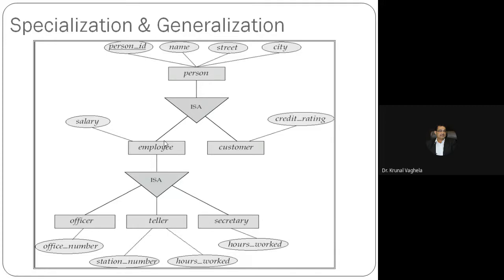Like here in our university: person, student, staff, also professor, lab assistant, non-teaching staff, professor also, assistant professor, associate professor, professor. When you go from top to bottom, you are specializing the thing, and from bottom to top, you are generalizing the thing. People are not frequently using it, but many people are using this feature in the ER diagram. Understood? It's a very small topic: specialization top to bottom, generalization bottom to top.